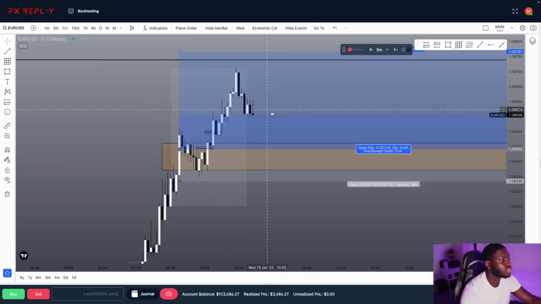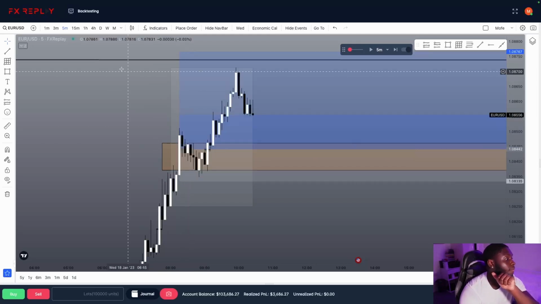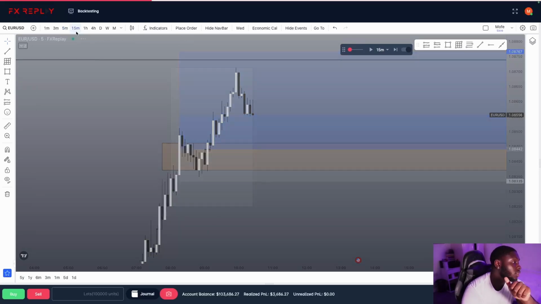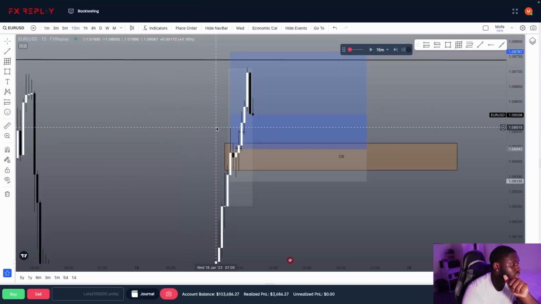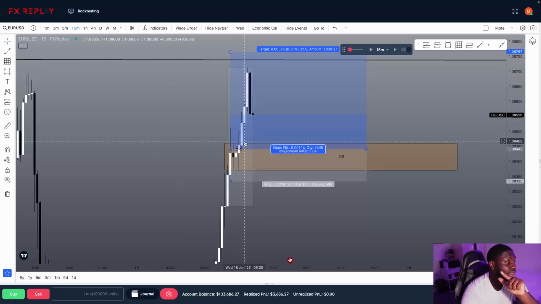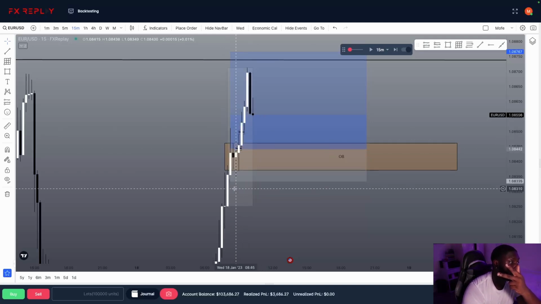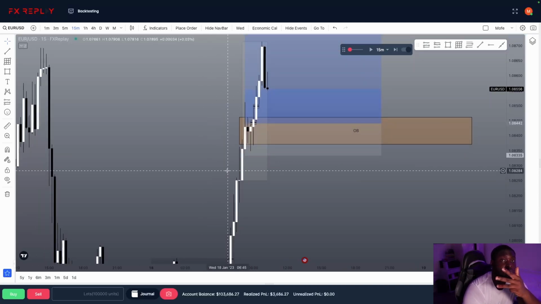Let's check. So we get an M5 liquidity sweep of these lows. So that's one. Remember, on flip zones, you only drop down to the M5 to check if the liquidity sweep is there. Everything else should be on the M15. We have our break of structure of these highs. I mean, you have these highs as well. That's even extra. That's 2. Fair value gaps, we have 3. 2 fair value gaps even, so that's even better. The fourth one, is there a fair value gap near our stop loss? No, there's not. The fifth one, is it unmitigated? Yes, it is unmitigated. So all 5 confluences are valid.